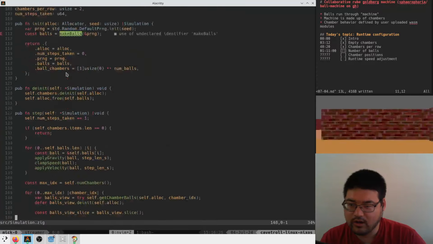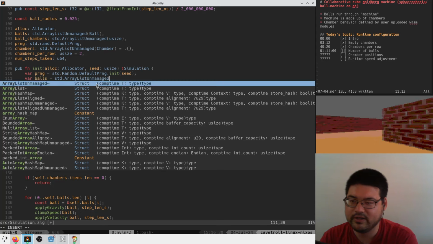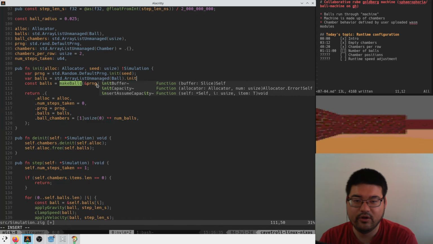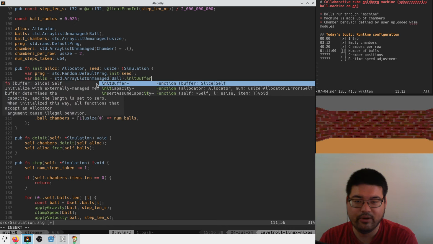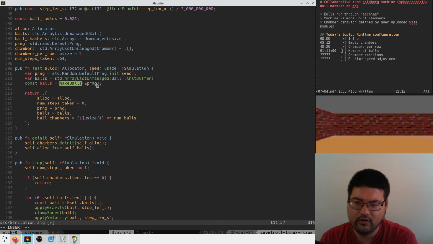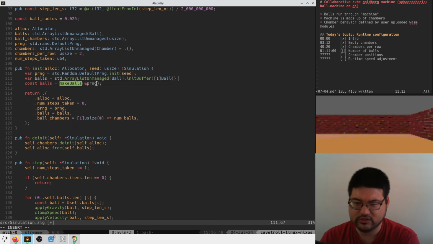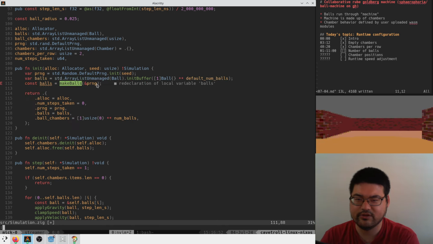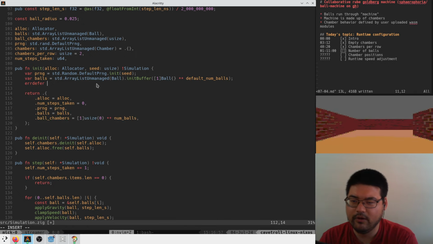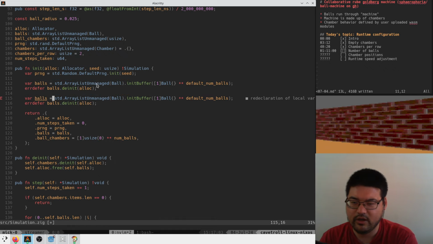So now I guess what we will do is we'll say const var balls is equal to std ArrayListUnmanaged of ball. We'll init it with some buffer, which is just going to be one ball default initialized multiplied by default num balls. Is that how this works? Errdefer balls deinit with the allocator. Boom. Then we're going to do this again with